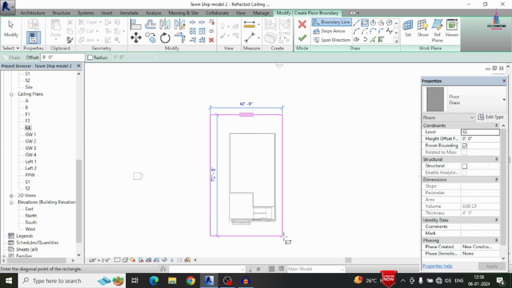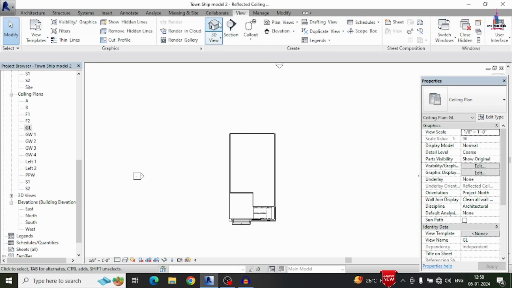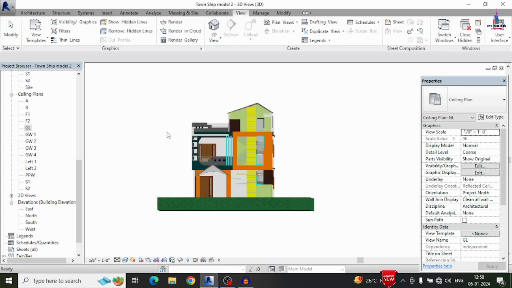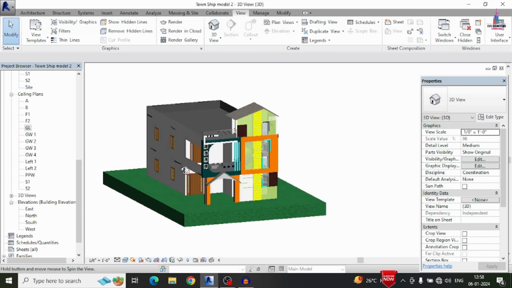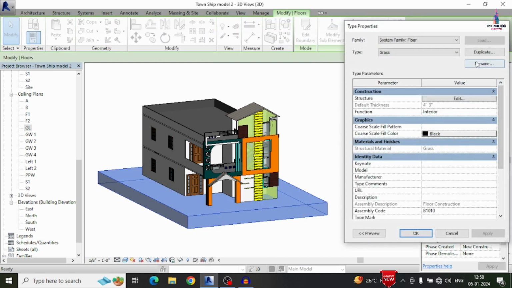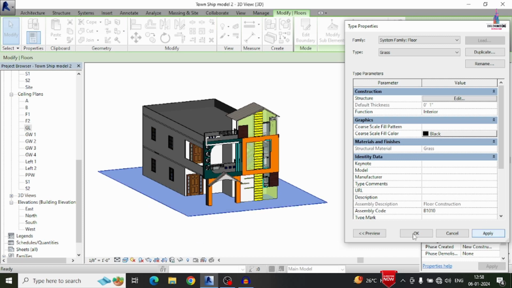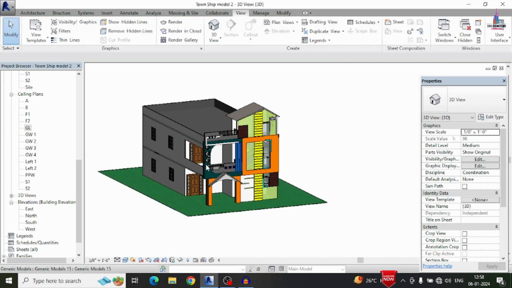Now I'm selecting rectangular pattern here like this. Click on right mark option. Okay, click on the view option. So now we can see here it will be consisting of the grass pattern here like this, but it is having high amount of thickness. So I will change that thickness. It will be consisting of 4 inches like that, but we will change that to 1 inch thickness only for the particular grass thickness. Okay, now we can see here.